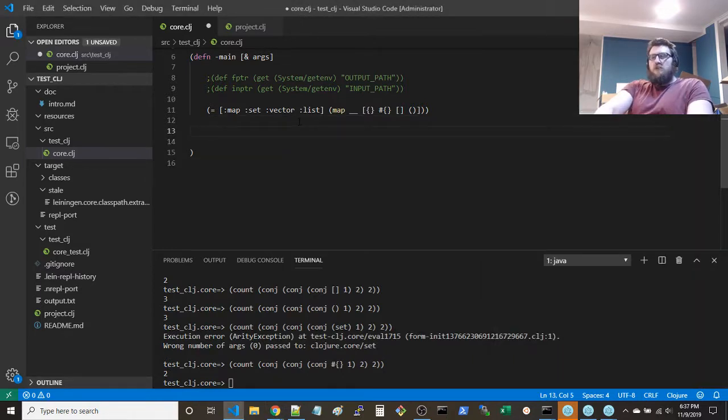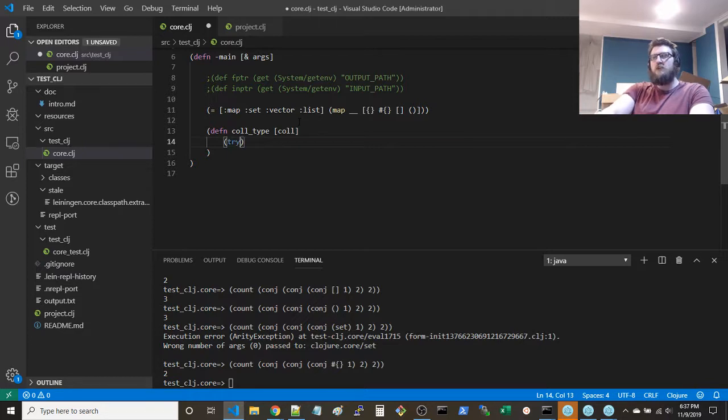So let's do that. Okay, define function. We'll call it collection type, because this is kind of special. This is not the way I would normally do it. Give it a collection. First we'll do a map.